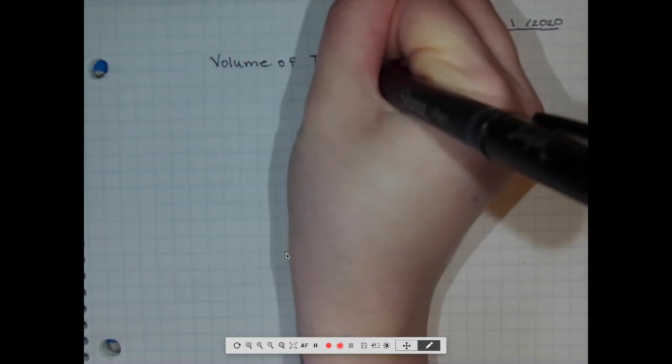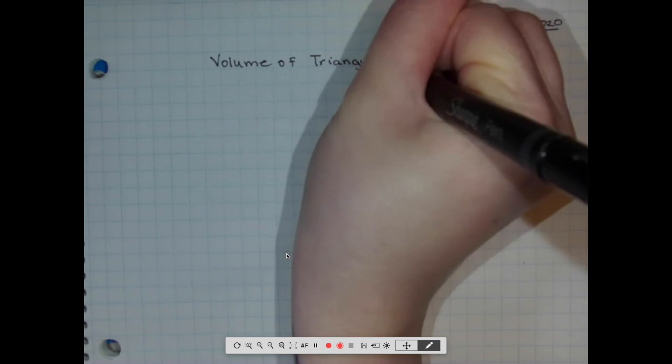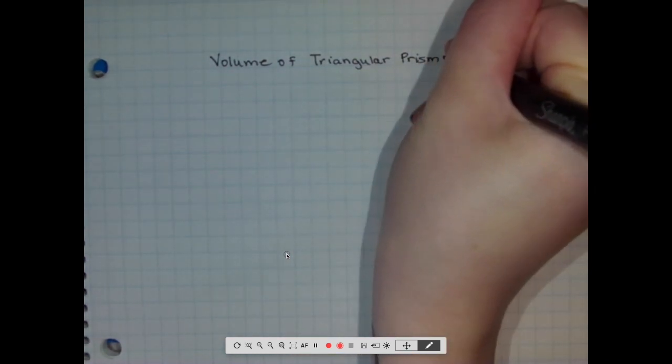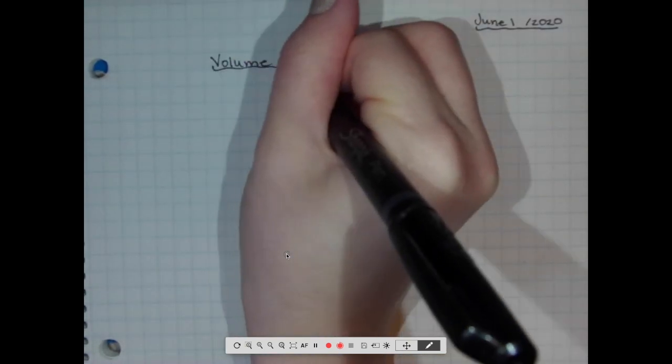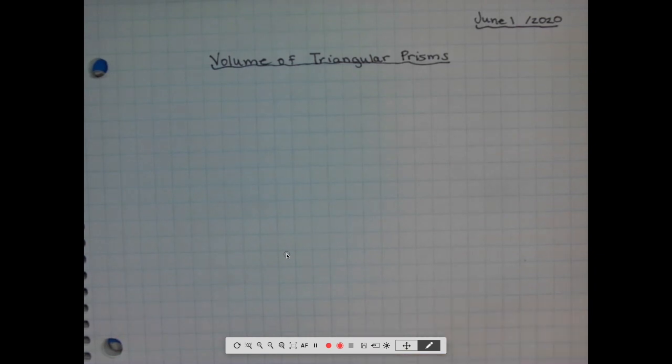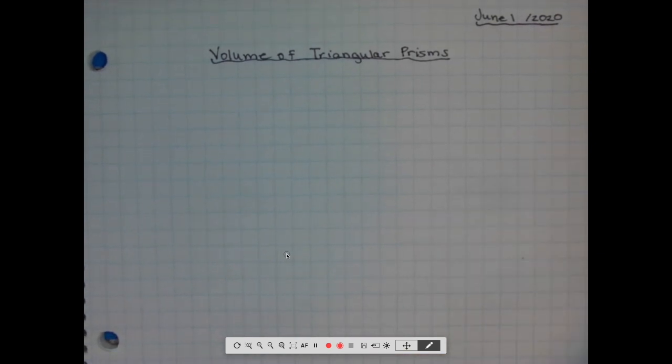You don't need to have all the colors this time. I won't be asking you to do a net for these. And I will try to clarify some of the kind of confusing parts of volume of triangular prisms